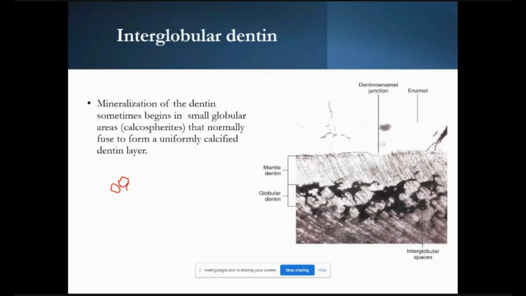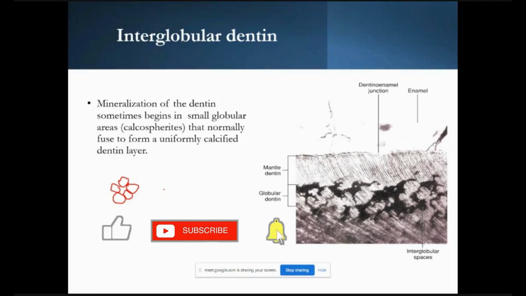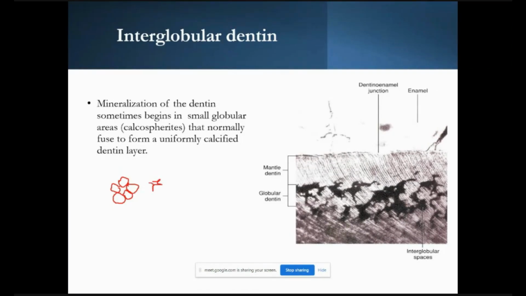Okay, so there are globules like this, which fuse together, and that's how the mineralization occurs. Once they fuse together, they come closer and this whole area disappears and undergoes mineralization. But sometimes they all come closer together and there is a partial mineralization in this area, but these central areas are left behind without mineralization.